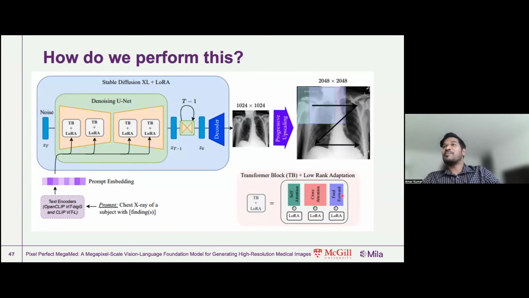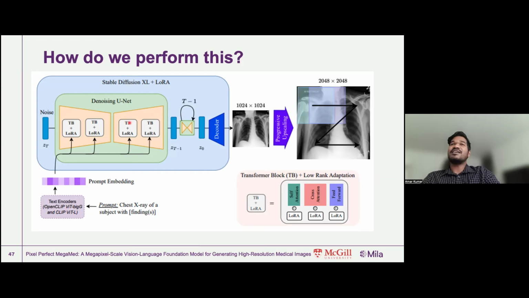So similar to Prism, but with something more on top of that, we use larger text embeddings such as OpenCLIP ViT or CLIP ViT large. And these embeddings are fused with Stable Diffusion XL using cross-attention layers, and we use LoRA for fine-tuning this. This is a different fine-tuning approach than what was used in Prism, because there we literally fine-tuned all the components of the UNet, but such liberty is not available here because we have billions of parameters to fine-tune, specifically in Stable Diffusion XL. So the output of this Stable Diffusion XL is 1024 cross 1024.